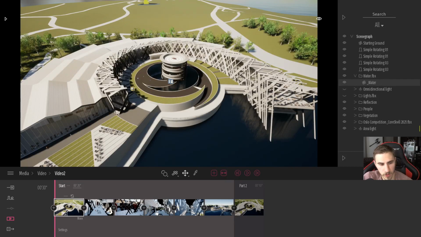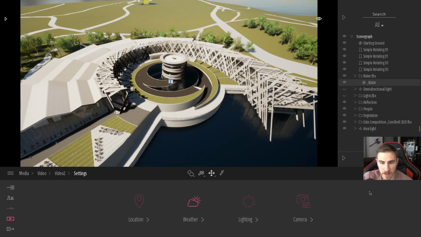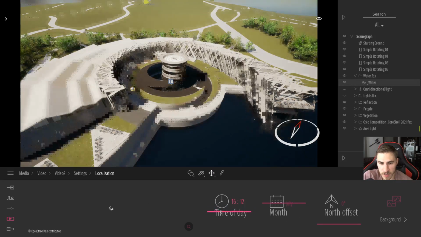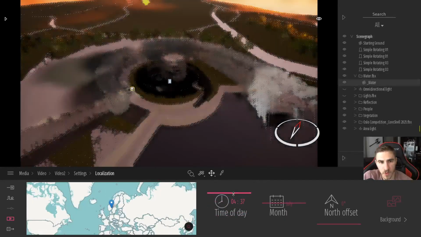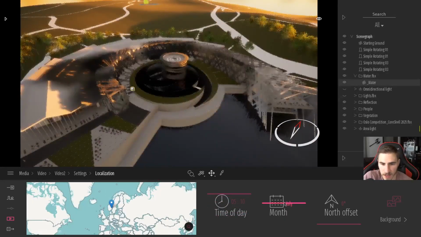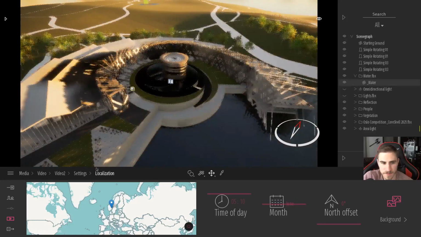So again, we're in this first clip, in the first piece of the start part. And I'm going to click more. And here I have all my options that I might have with the typical video. And I can change my location, of course, the time of day, anything like that. If I want to start this earlier in the morning, so we can kind of go throughout the day, something like that, change the month, all this, that's fine.